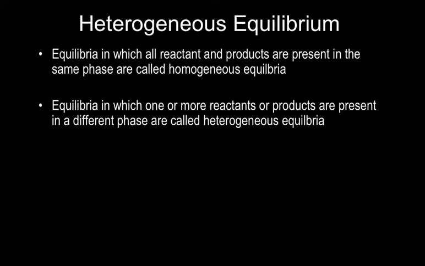When you have an equilibrium system where the reactants and products are present in the same phase, that's called homogeneous equilibrium. All of the ones we've looked at up to this point are homogeneous. They've all been aqueous or they've all been gases. If you have equilibria in which one or more reactants are present in a different phase, we call that heterogeneous